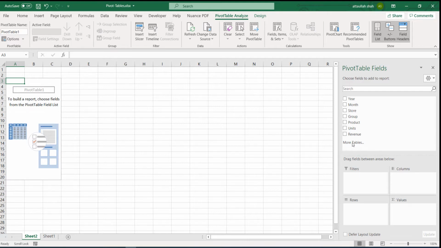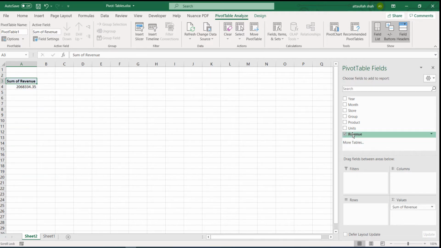I am clicking on revenue, and I'll drag those to the values field. So I have clicked on the revenues and dragged those to the values field. The report that we wanted to create was for each store. So the store variable should go to either columns or rows. So it is up to you whether you want to show the store by columns or by rows. So let me show both of these.